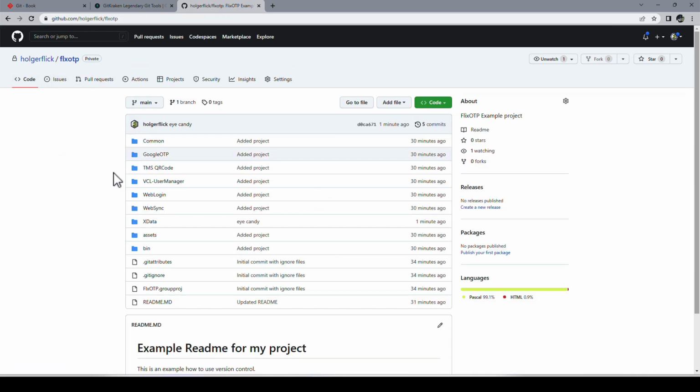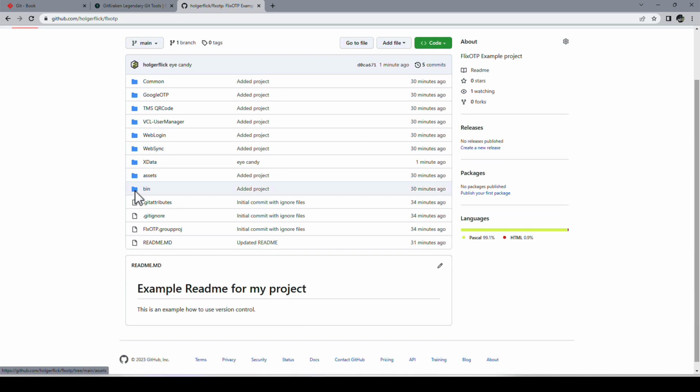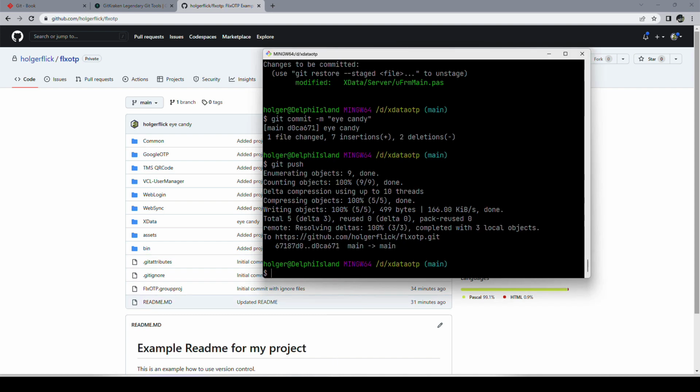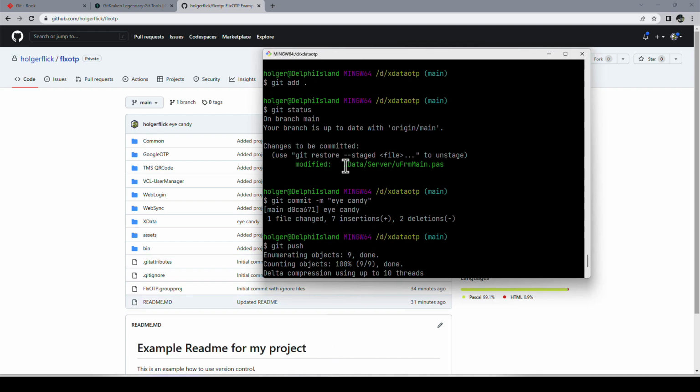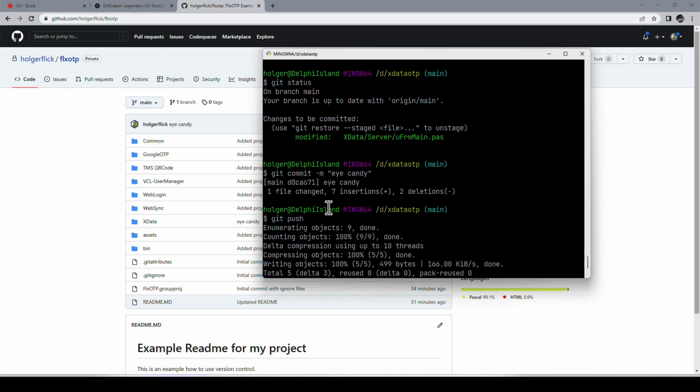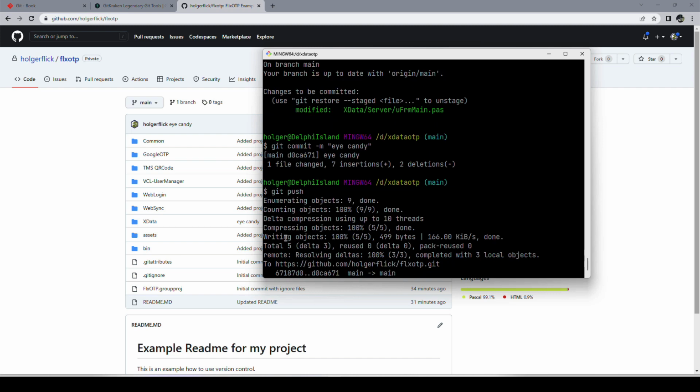And that's much, much better than just having a local copy on your computer and then something happens and you lose a day's work. And it's not that big of a deal to execute these two commands. You know, git add and git commit. Those two you need, and then git push to basically send it to your GitHub repository.